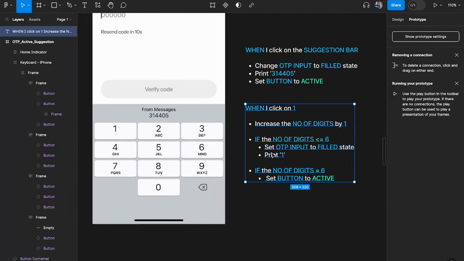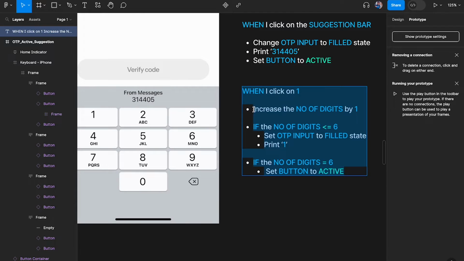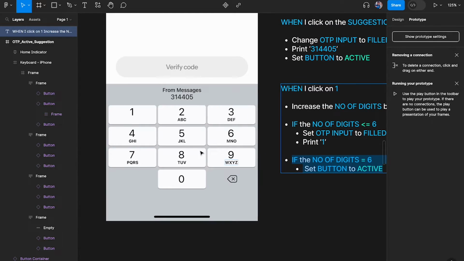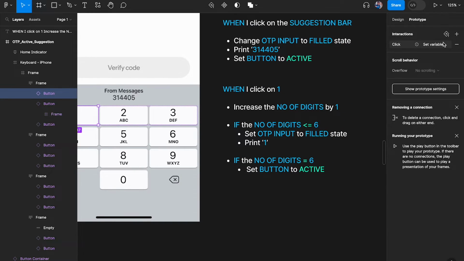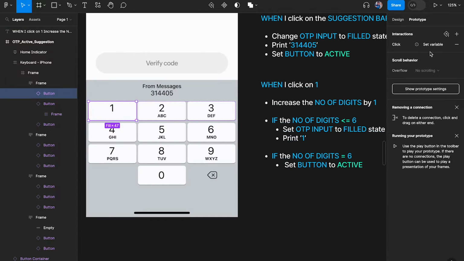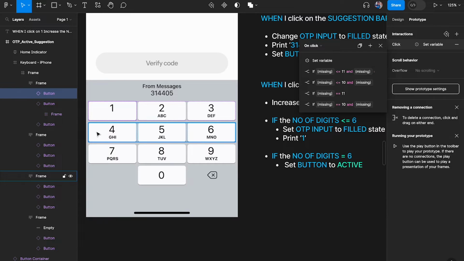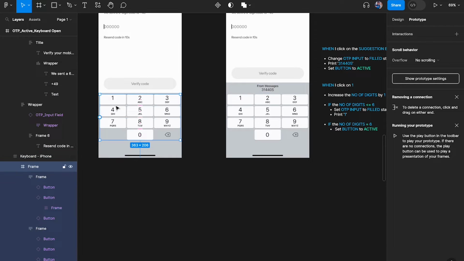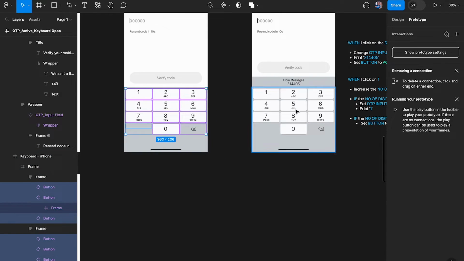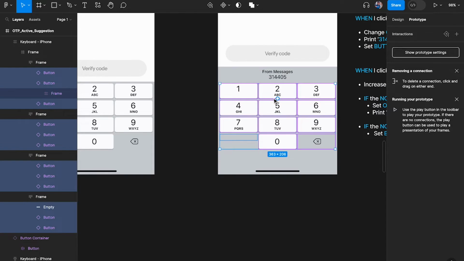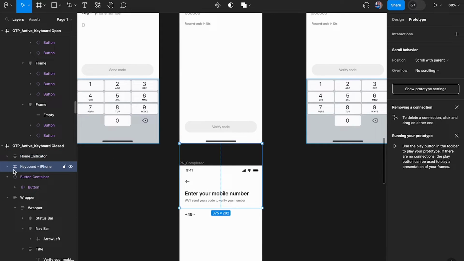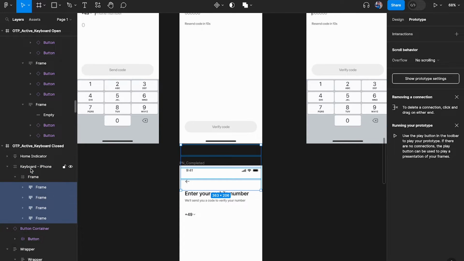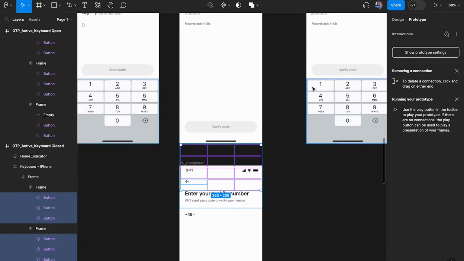Okay. So now let's go ahead and do this. Okay. So here we have a single action, and then here we have a conditional, and then here we have another conditional. Okay. So let's go ahead and do that. So I'm going to tap on one. And we already have these variables that we have set from the previous screens because we copied the keyboard. So I'm basically going to go ahead and remove all of them. So I'm going to select this, remove all of this, select this, remove all the interactions. And I think here as well, we have the keyboard down here. I'm just going to go ahead and select all of them. We don't have anything over here, so fine, that's good. Okay,